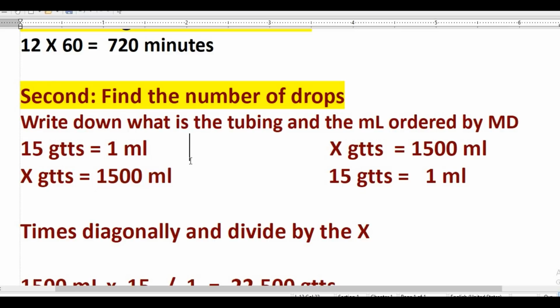And it also doesn't matter if you write it X drops is 1,500 milliliters or 15 drops is 1 milliliter. It doesn't matter which way you write it. Because if you times diagonally and divide by the X, 15 times 1,500 or 1,500 times 15, either way you write it,